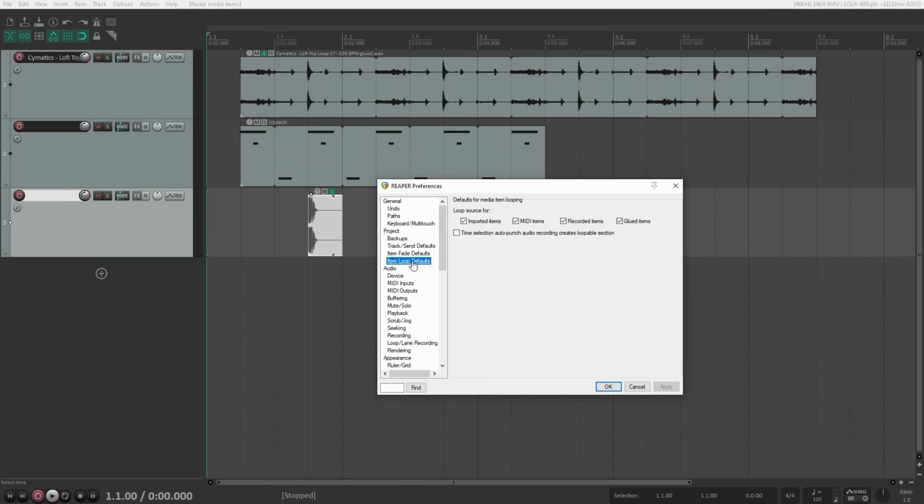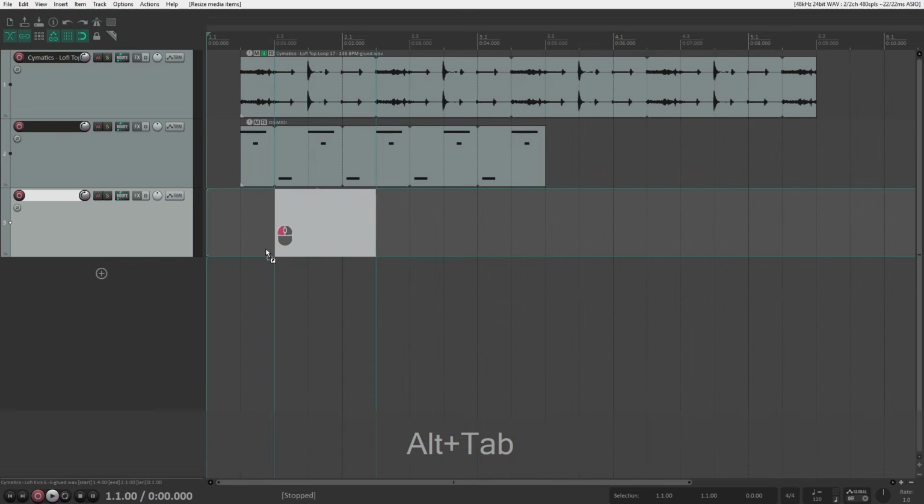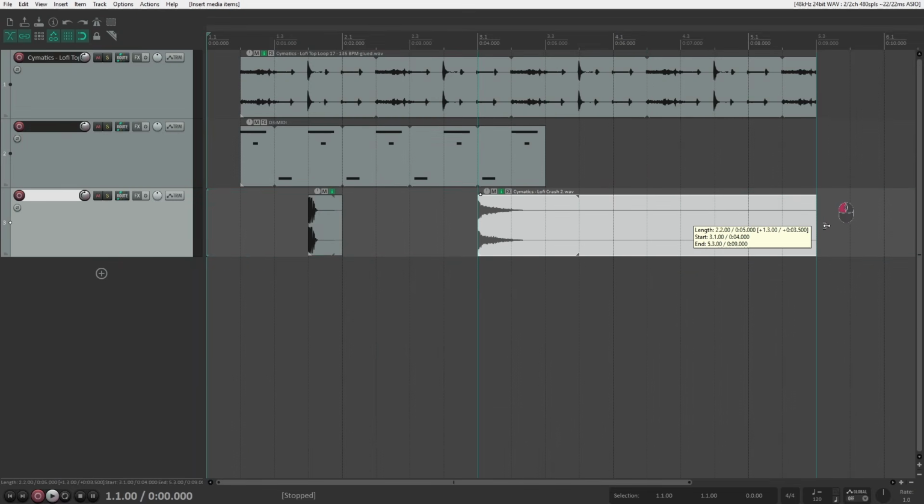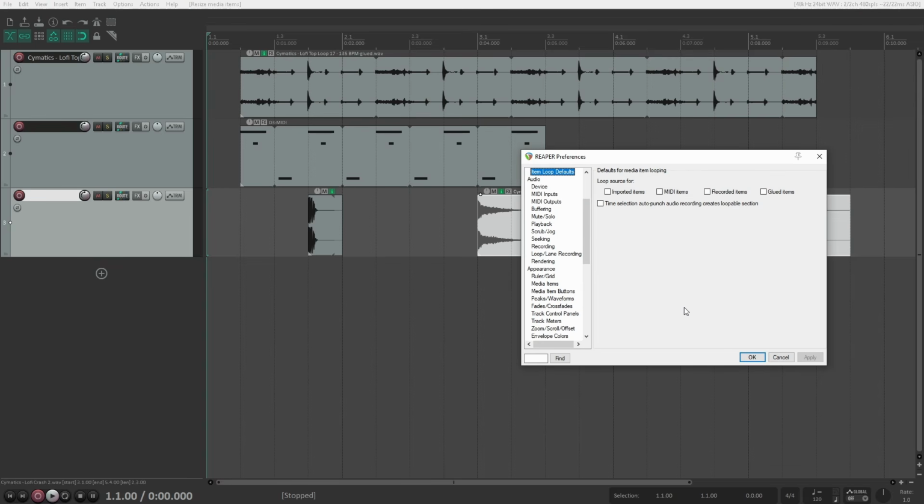Here we go into item loop defaults and we can see loop source for all of these items. To keep things consistent, I'm going to disable looping for everything and apply. Now, anything we drag in will not be loopable by default, but still it extends this empty space, which is also weird for me. So we go to preferences again and then look for editing behavior where we can find